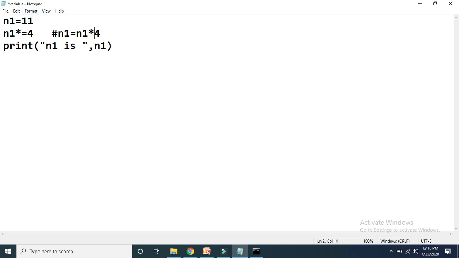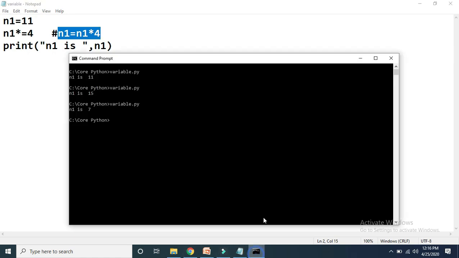Either you can write the expression this way, or write it this way, but in that expression we have not used any assignment operator. In this one we use multiplication assignment. After execution of this code, what output are we expecting? n1 is initially 11, times 4, so the new value of n1 will become 44.